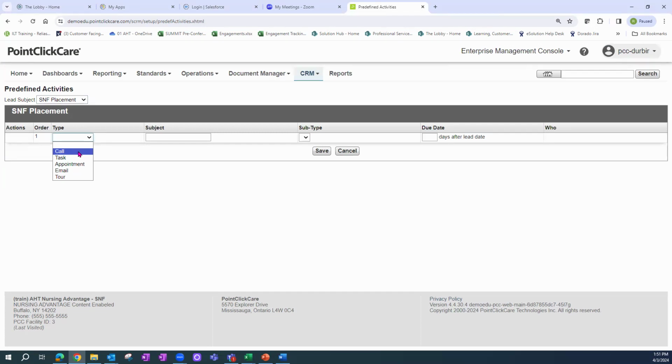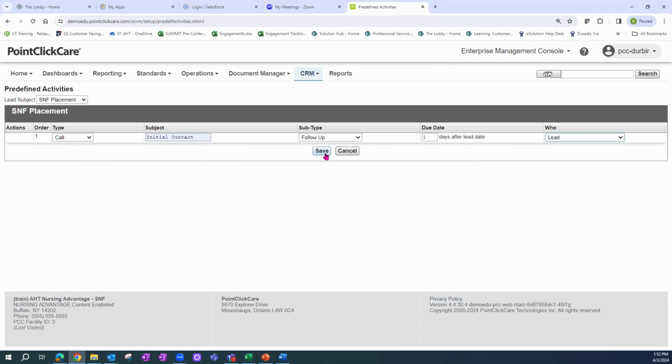If you don't, this is where most of my clients will tell me, Rick, doesn't really work for us. I could make a phone call, I could send an email. Predefined activities can be set up to say that I'm going to go ahead, make a phone call within 2 days or 1 day, and I'm going to contact the lead